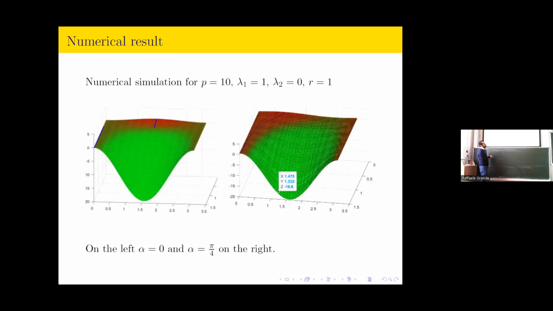Then here there are some numerical simulations in which we consider our angle theta. Here we consider the length of our horizontal gradient, morally, and here the value of the associated p-Hamiltonian. We made some simulations with p equal 10, lambda 1 equal 1, lambda 2 equal 0, and R equal 1. We notice that for alpha equals 0, the set of the optimal values is discontinuous, because due to the structure of our p-Hamiltonian, the optimum is obtained at 0 and pi divided by 2, while for alpha